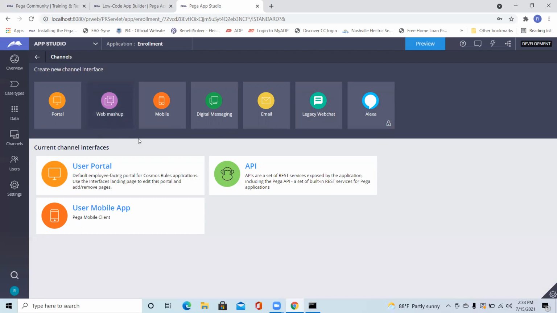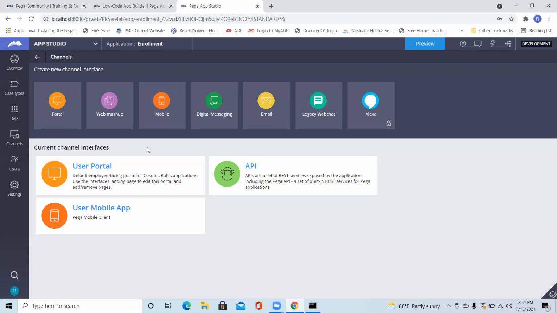A web mashup is where we create web URLs. If there are already custom web applications and they want to put a link in their web page for this Pega application, we create a web mashup and provide them a link, so that on click of that link from that portal, this Pega application is invoked automatically. Of course, we will handle security and all those things, but that is an advanced topic and I will not confuse you. I just wanted to let you know what we call a channel: it is where we are going to use this application from.